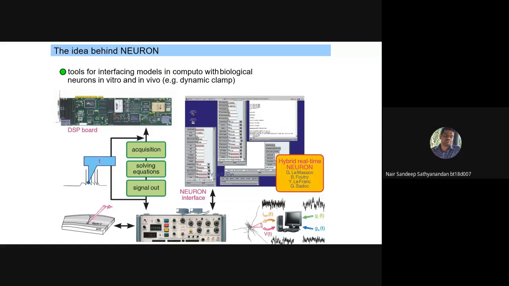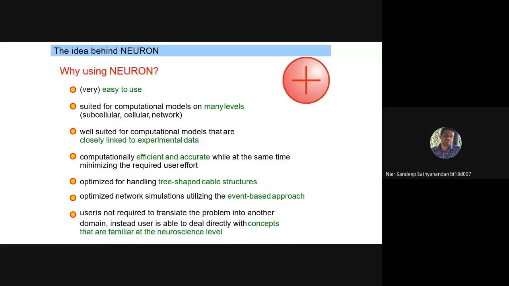So now let us see the features of the neuron. It is very easy to use. It can be suited for computation models at many levels. When we say many levels, it includes subcellular, cellular, and network, and we can replicate the experimental data quite accurately. It is optimized for handling tree-shaped cable structures like the different kinds of dendrites.